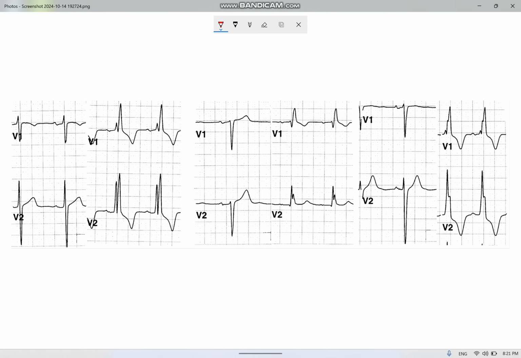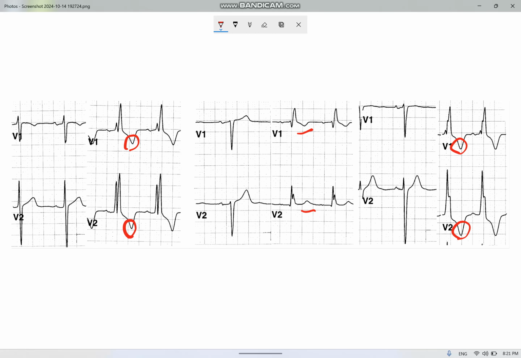We have three examples of QRS and T wave changes in right bundle branch block. On the left and right, you see inverted T waves in both V1 and V2. In the middle, there is an inverted T in V1, but the T wave is upright in V2. It shows that an upright T wave in V2 can be a normal variant, but V1 typically has an inverted T wave in